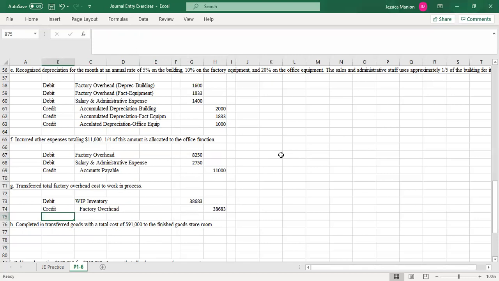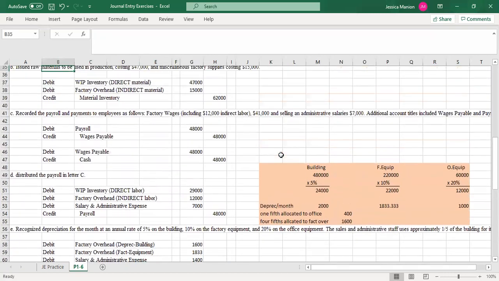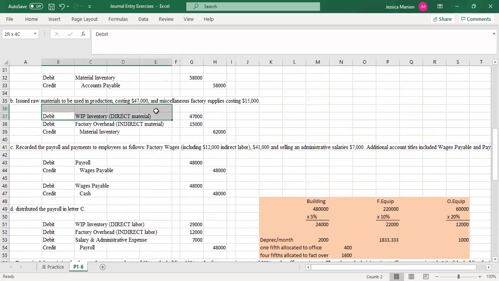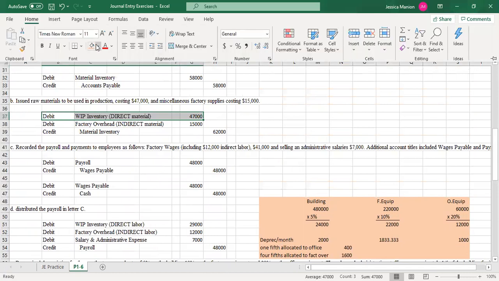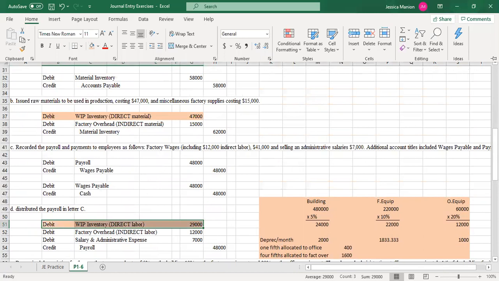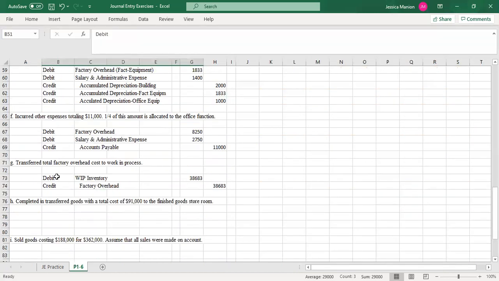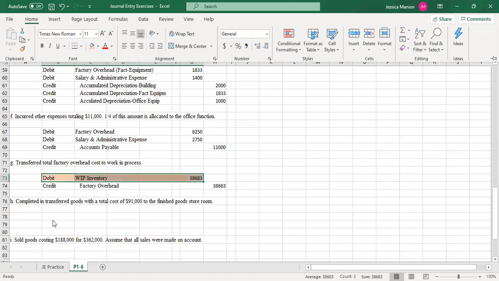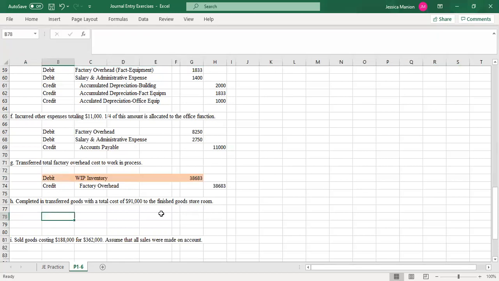All right. So again, with this entry, so let's see back here, we accumulated material cost to work in process. Here we accumulated labor cost to work in process. And then with the journal entry we just finished, we accumulated overhead cost to work in process. And so now with the next one, we're going to finish something. With letter G, we finished something in the factory, and we're going to transfer it out of work in process into finished goods. So here we're going to have a debit finished goods inventory,